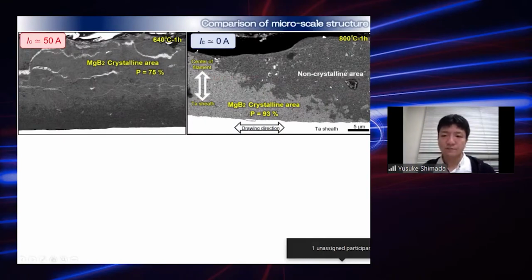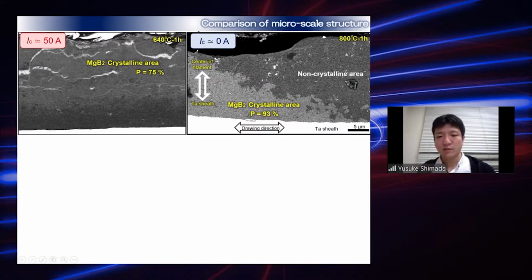Here the image shows the IMD wire fabricated at 800 degrees for 1 hour. The residual boron decreased from 25% to 7%, but the critical current of the wire is almost zero. Because